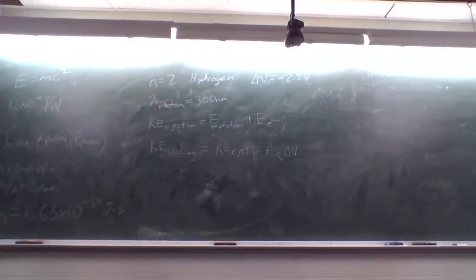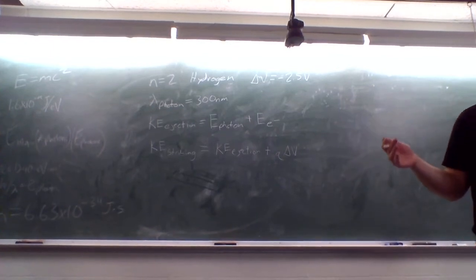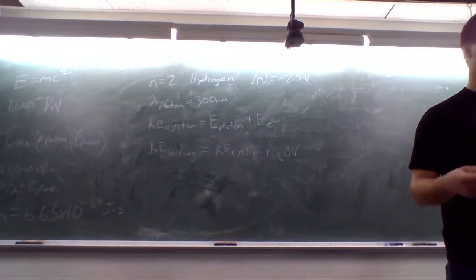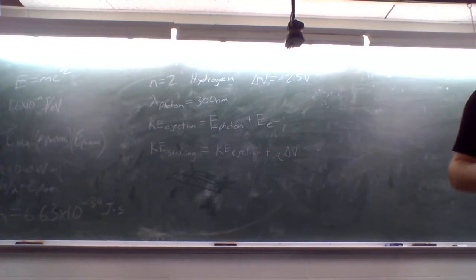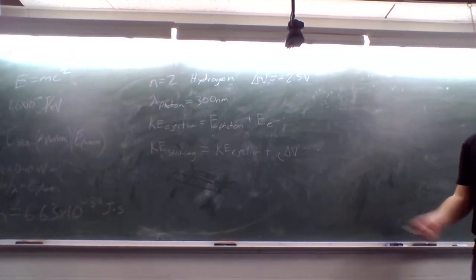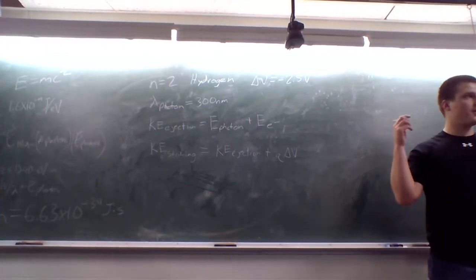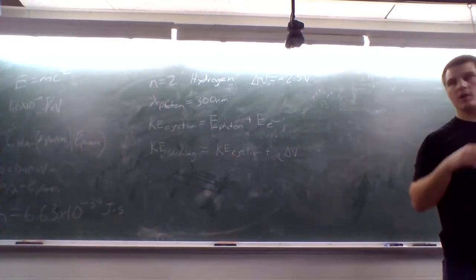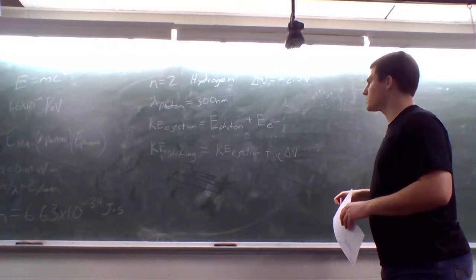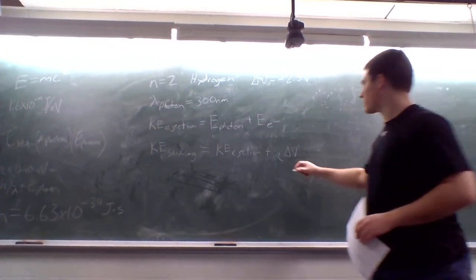So question 6 states: an electron in the n equals whatever energy level of hydrogen absorbs a photon of a certain wavelength. Find its kinetic energy after being ejected from the hydrogen atom if it is opposed or attracted by a potential of a certain amount of volts. So in this problem, what we're going to do,